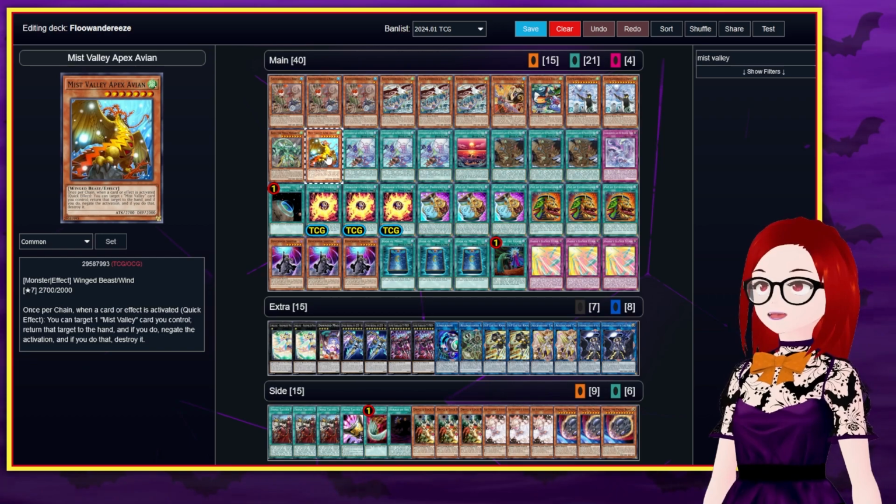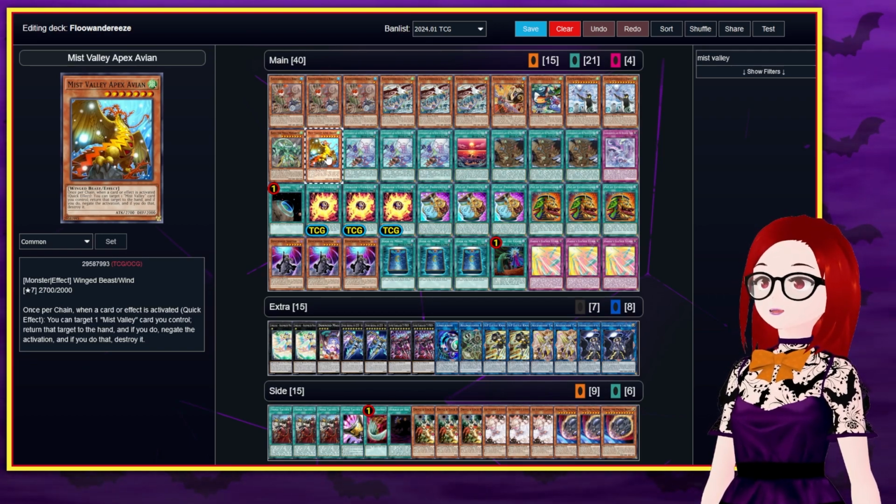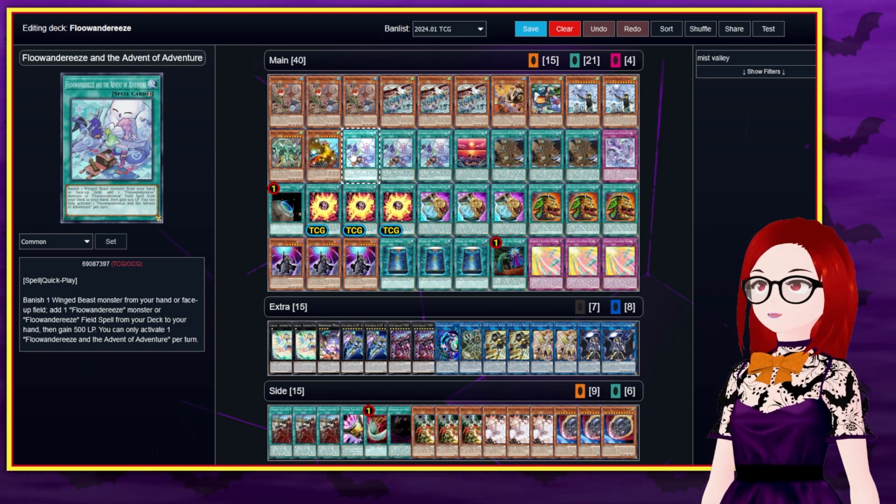It's the only Mist Valley card we play, so it's the only one to bounce back, but we can always summon it again for little effort. If only Mist Valley Thunderbird were a winged beast instead of a thunder, we could use that for infinite Omni Negates. Oh well. Now for our spell traps, we have 3 Floowandereeze and the Advent of Adventure, which simultaneously protects